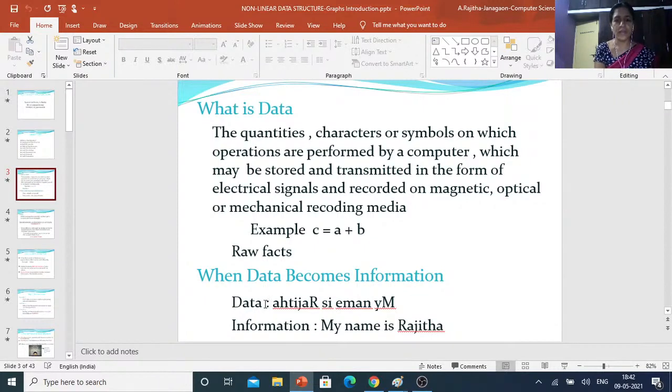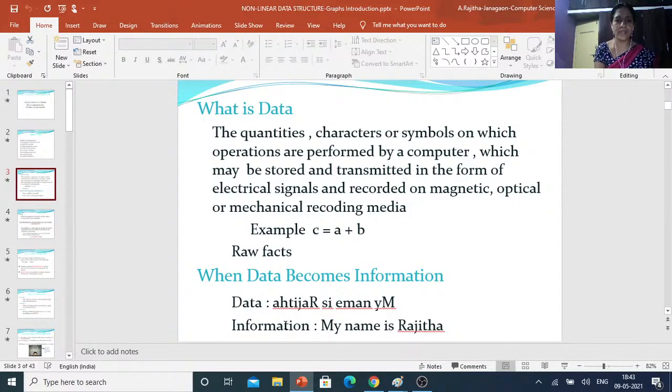When this is understood, that means it is converted into some understandable format, and that is called information. So data becomes information; this is also data and this is also data, but this is in a form we cannot understand, which is why it is raw facts.